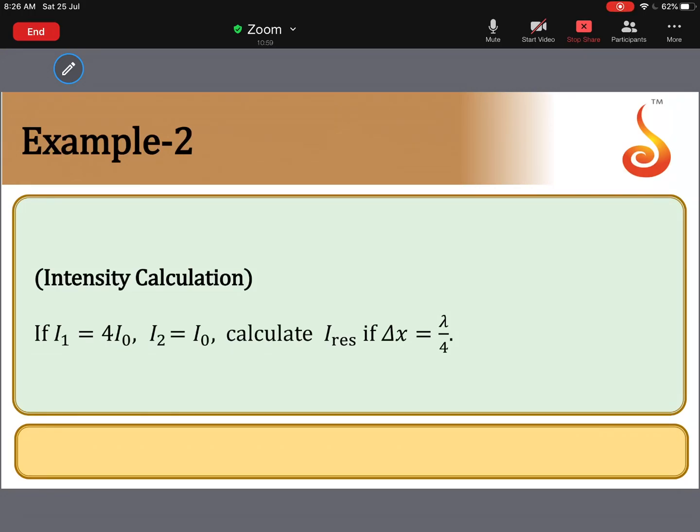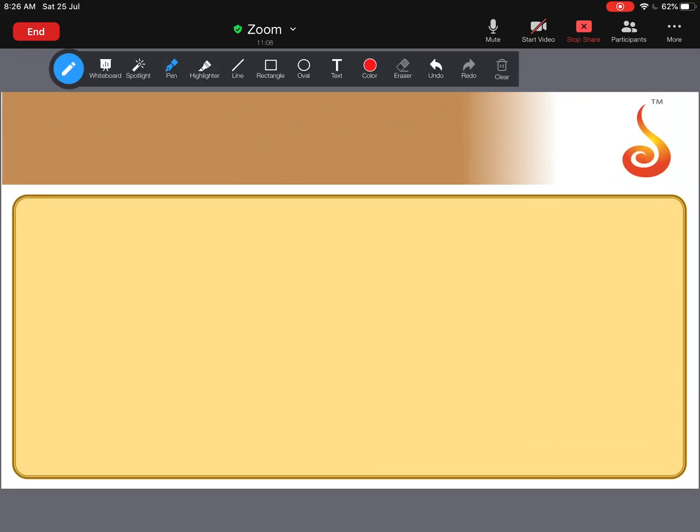So in this they have given us the value of I1 and I2, and we have to find out the resulting intensity when the path difference is lambda by 4. So for this we know that the resulting intensity is given by I1 plus I2 plus 2 root I1 I2 into cos of delta phi, where delta phi is a phase difference,